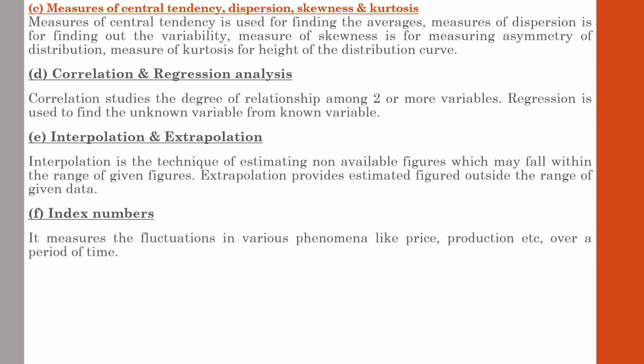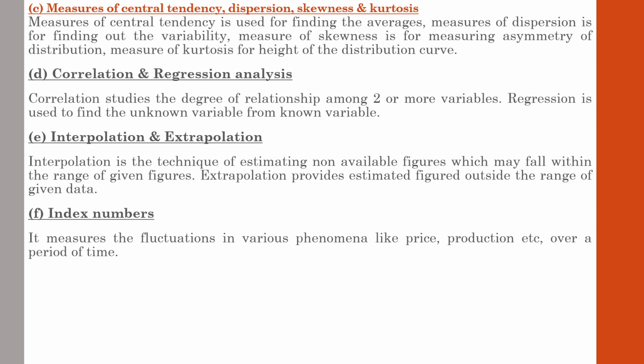Sometimes this fluctuation may be unidentifiable, or it may be due to some other reason, and we may not be able to exactly identify the change at a simple glance. But index numbers help in identifying the change in various items like price. Whenever there is a small change in price, we may not identify it easily. But with the help of index numbers, we are able to identify that a certain 0.1% increase was there, or a 0.02% increase was there.